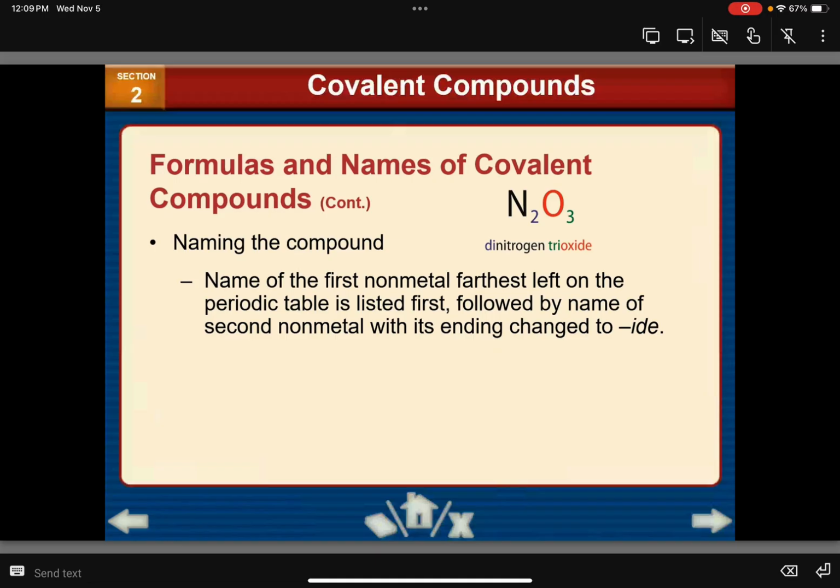So first thing we're going to do is, for the most part, and it does not always happen this way, when we are looking at the periodic table and we're dealing with 2 elements, so we have nitrogen and oxygen, for example, the one that is farthest to the left is going to be listed first, which is what? Nitrogen or oxygen? Nitrogen. Okay, so that's going to be our first one. Then followed by the second nonmetal. We're going to change the ending to IDE still. So might be oxide, fluoride, chloride, bromide, iodide, sulfide, phosphide,